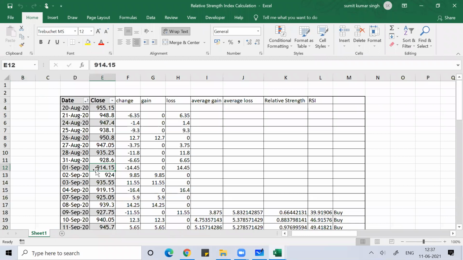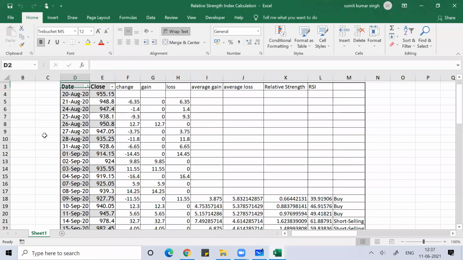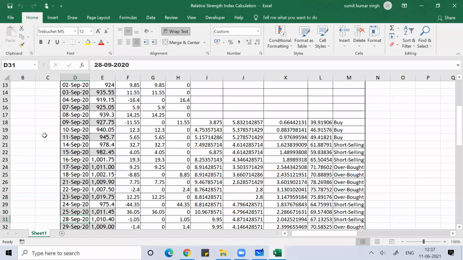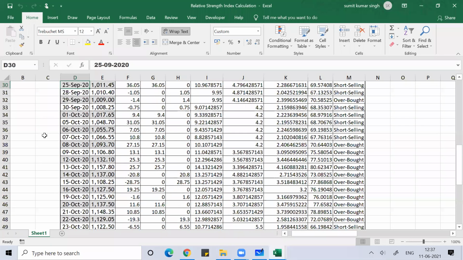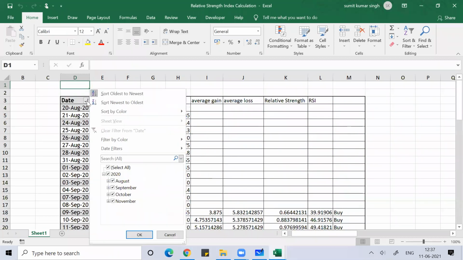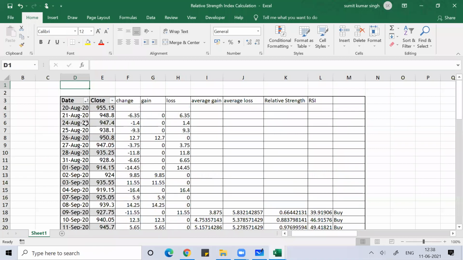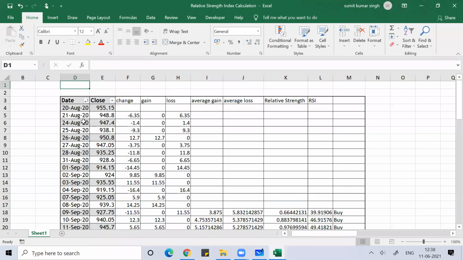Now you can see this, guys. I've taken some calculation related to portfolio management. Those who are studying investment analysis and management will do this technical analysis on the stock. So simply date-wise stock prices were written. So what I did, I want the data in ascending order. Sort oldest to newest. Oldest to newest, your data, not happening, not working.